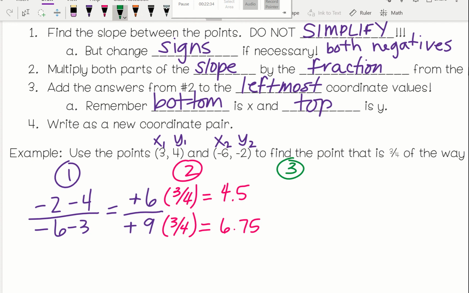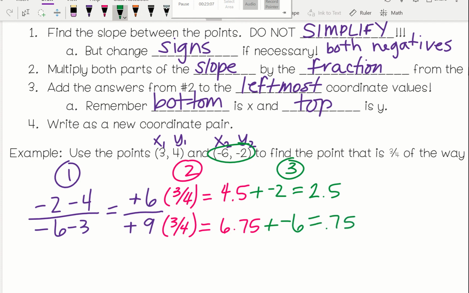Okay, so I'm going to add those coordinates to the numbers that we got. Which one am I going to add to 4.5? Negative 2, because the top one is my y. And what do I get? And which one am I going to add to 6.75? Negative 6, and get